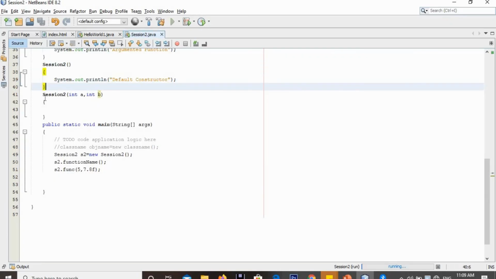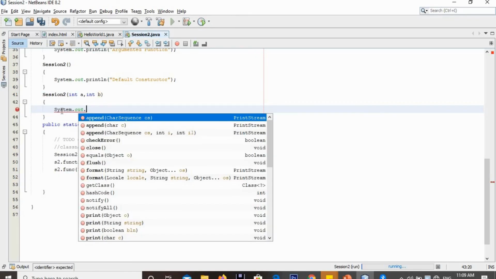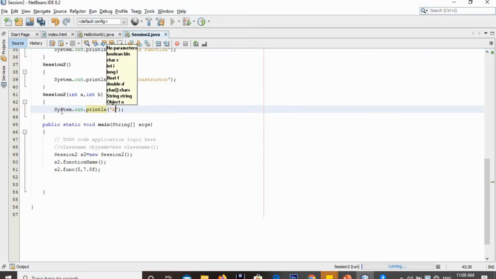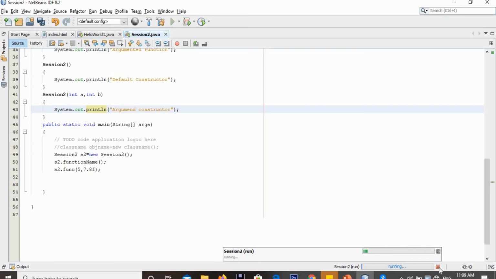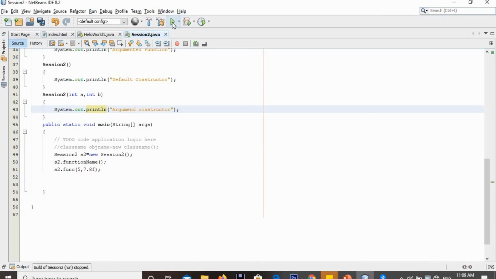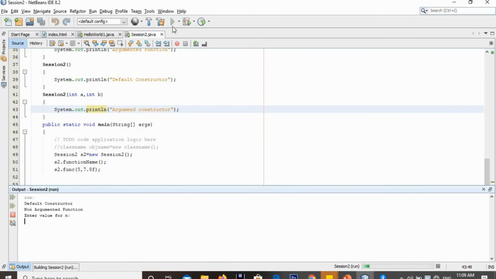However, we also have another constructor. Though we have not given any value inside it, if we give certain values like a print statement, it will not be executed here. The reason: I am closing this run and rerunning the program.